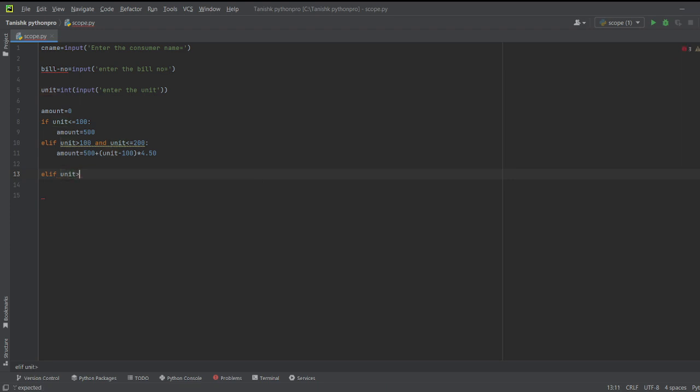unit is greater than 200 and unit is less than or equal to 300, amount is equal to 500 plus